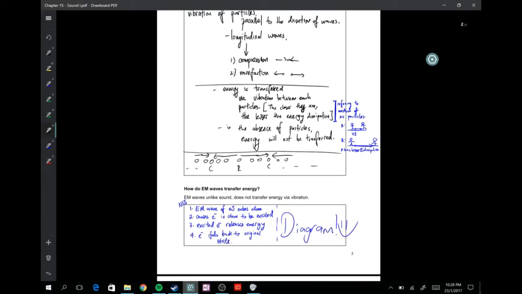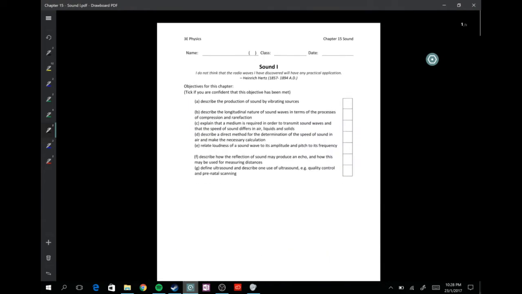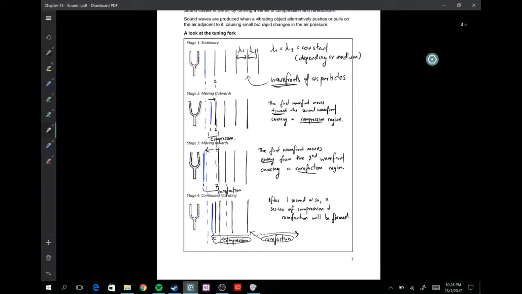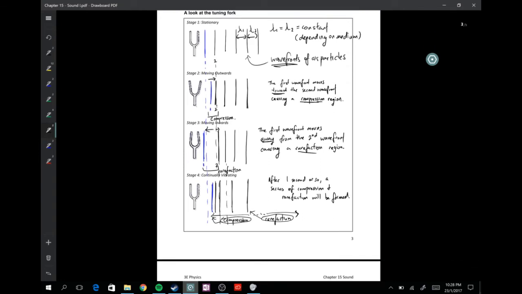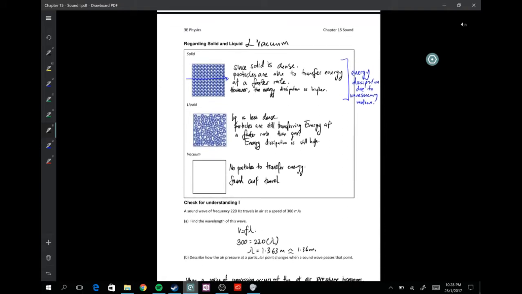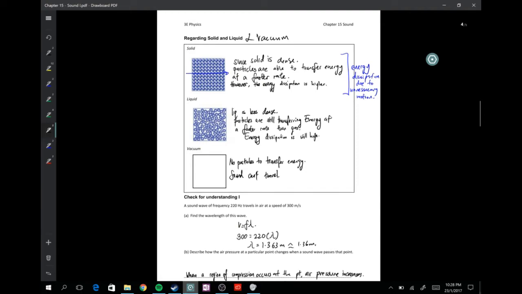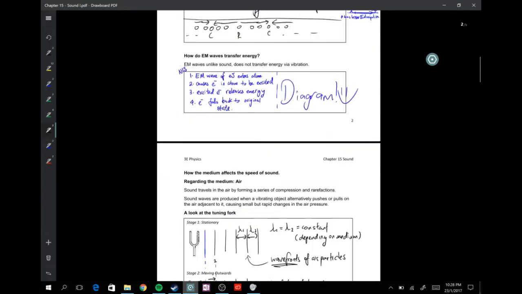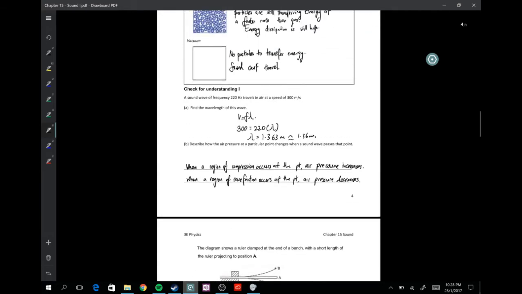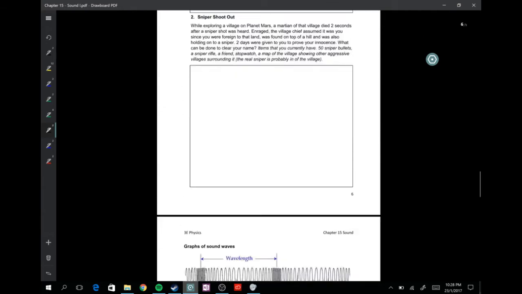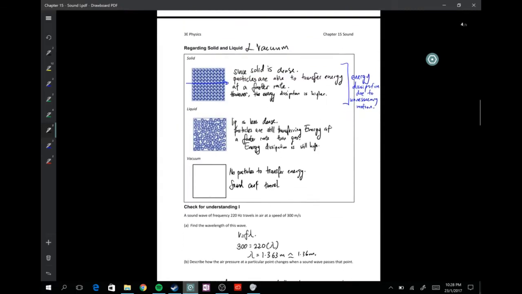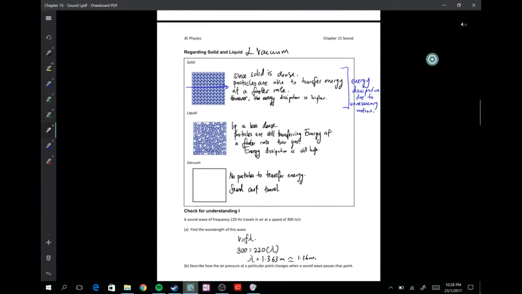Okay, anyway, today in class for sound chapter 1, we went through the idea of the tuning fork, how it causes compression and rarefaction in air, and we went through speed and energy transfer in solid, liquid, and vacuum. I think I missed out a few parts, so let me do it here. After which, I will try to finish the rest of these notes. Questions excluded, questions we'll still discuss in class. So let me get on here.